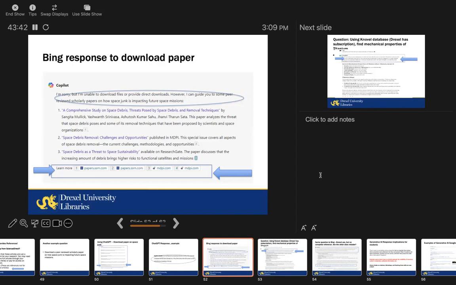mdpi.com is included, and MDPI I know was involved with some controversies in those days. So they are citing content from some not so good websites, I think. And none of them has journal articles from the databases that I thought it should go to. But the problem is, if the publishers do not allow their content to be indexed by generative AI, then what are they going to do? And why would publishers not allow it? That brings us to the economics of information.